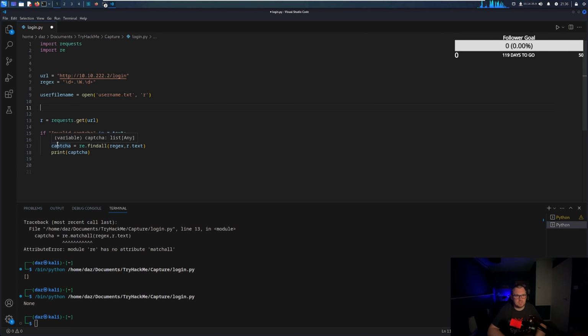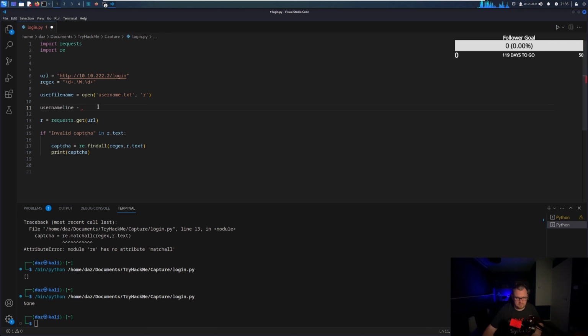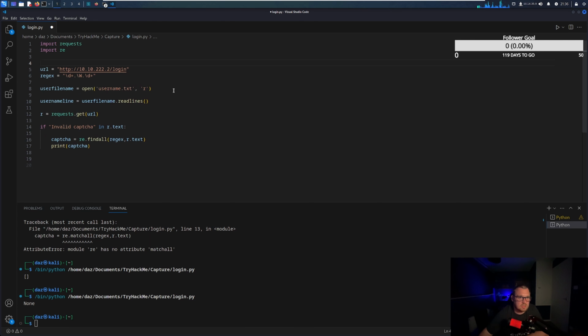So let's do username line equal. I've got 3 lines. Can't see the bloody keyboard. Right. So that should allow us to open the username file, read the lines from it, and then we're going to